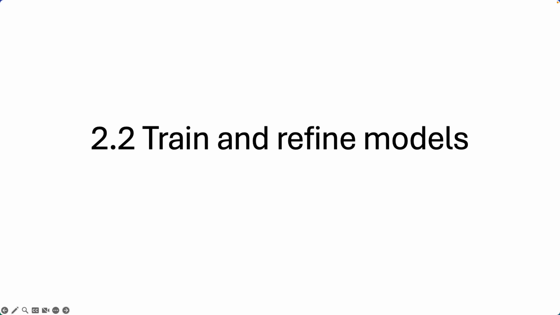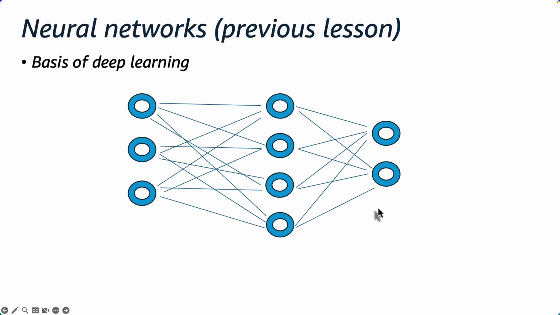Let's continue on our new playlist covering the fundamentals for the AWS Certified Machine Learning Engineer Associate Exam. And let's continue with Domain 2 and talk about training and refining models. So we have talked about what neural networks are and how they work once they have been trained. So under 2.2, I want to talk about how we train a neural network using loss functions, gradient descent, and